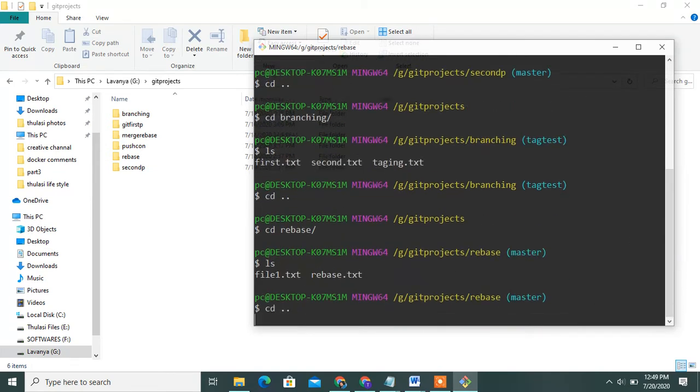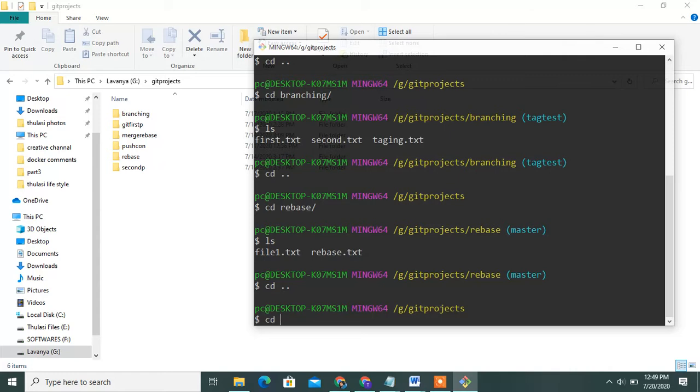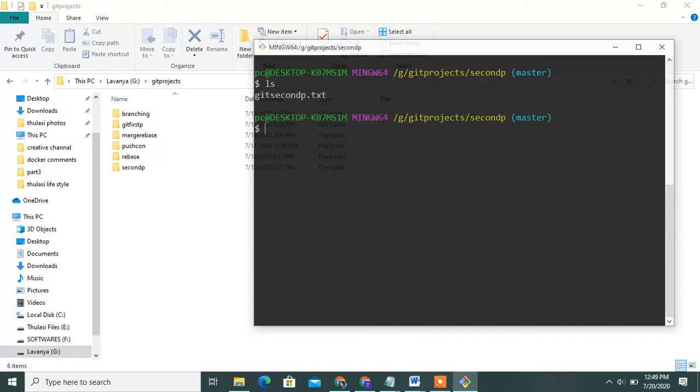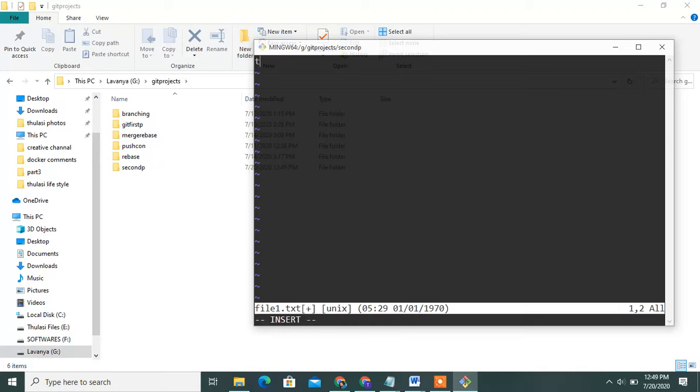We will create the new files. Create file one with some content.